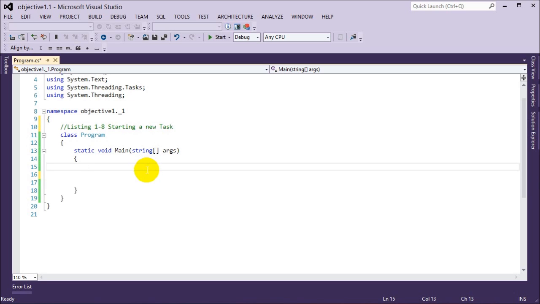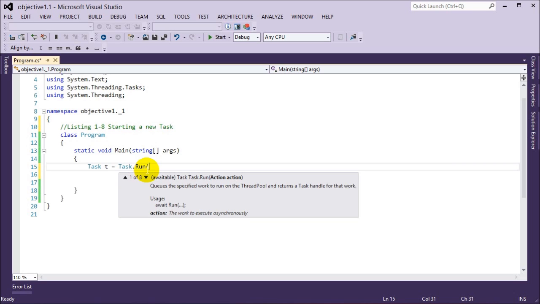So let's go ahead and create a task. We can first do Task.Run, but I want to set it equal to a task, so that we can manage it after, and we can get the return value of that task. So we'll go Task t = Task.Run. Task.Run is looking for an Action. An Action is just a predefined delegate that says we want a function that has no parameters and no return type. There are overloads though,